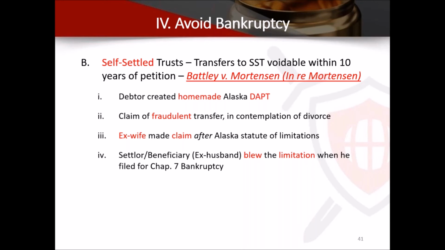and several years passed. The 4-year statute ran on fraudulent transfers. He goes into divorce. And then his wife says, you know what, he had all these assets. He funded this trust to avoid me. I know I'm late, but I'm suing him. I'm suing him for divorce, and I want all those assets. And so he goes bankrupt. And when he filed bankruptcy, he extended the statute of limitations period from 4 to 10 years. And she got all the assets.